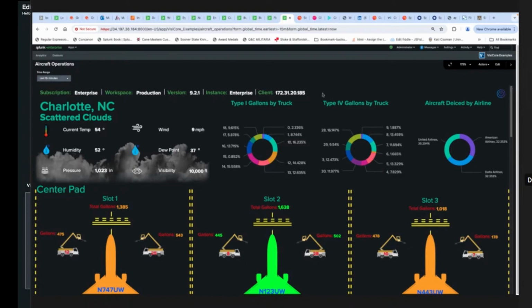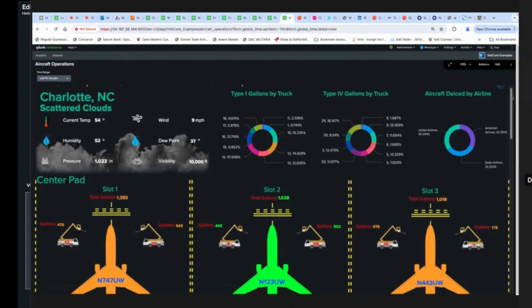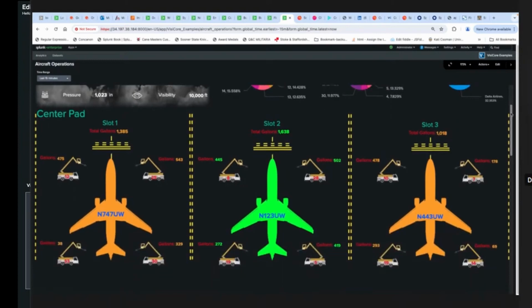All right, so at the top on the left, there is a REST API call to retrieve the temperature information, the wind, the dew point, humidity, pressure, visibility, etc. And then there's some historical data and current data about what's going on at a particular airport. In this case, it's a series of de-icing processes.